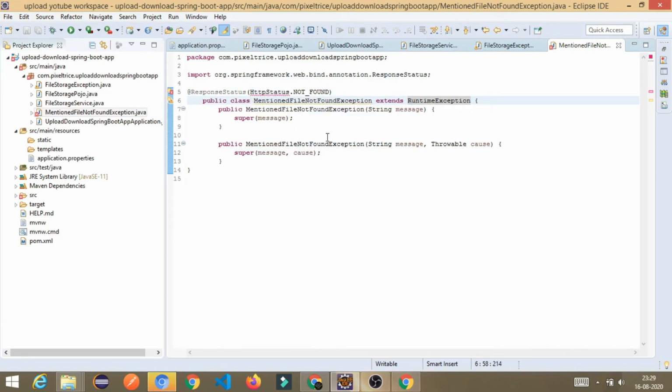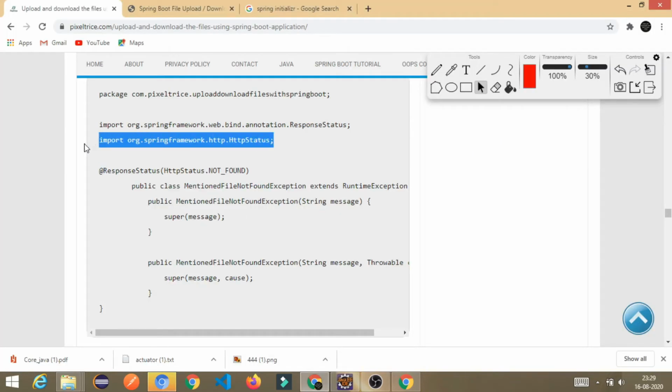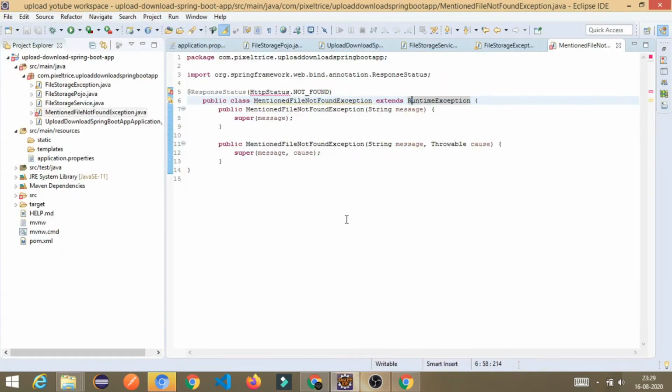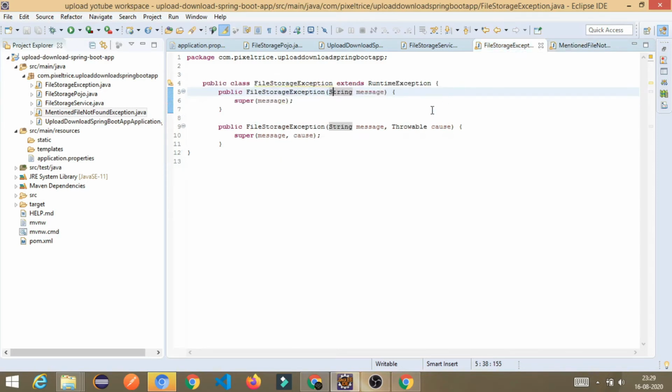That is the purpose. Fix the import here. Alright, this is the thing in the exception and in the file storage.